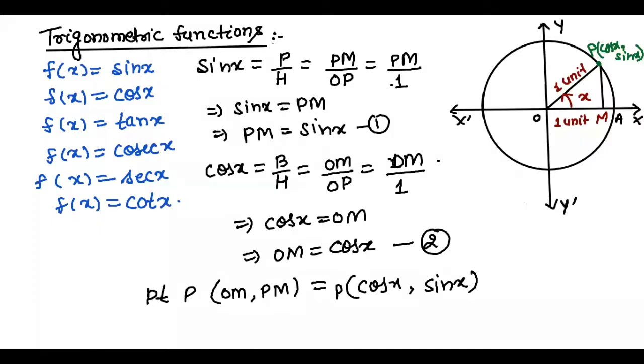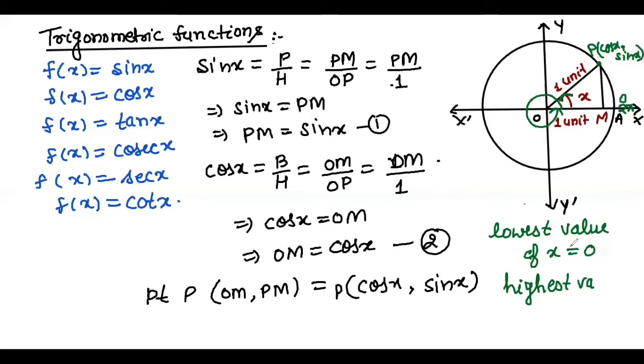Now we know that this angle is here x. So according to this angle x, if we find the highest angle and lowest angle, this is in the anti-clockwise direction from the x-axis. So the smallest angle will be 0 radian, lowest value of x, that is 0, and the highest value of x will be 2 pi. After completing 1 revolution, it will be 2 pi. Highest value of angle x will be 2 pi radian.